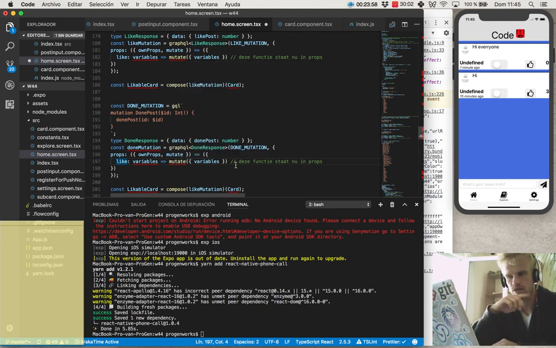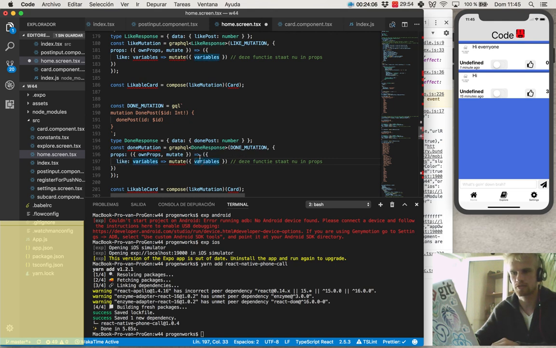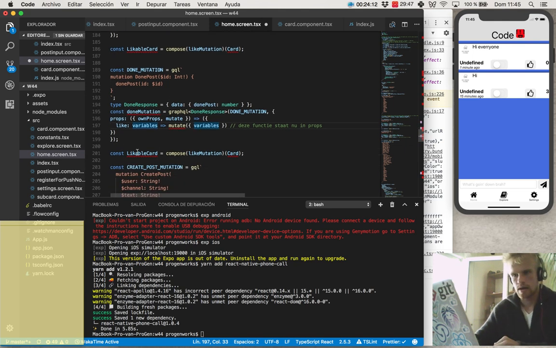Then we'll just call the variables. It will call mutate with the variables, and the variables are in this case just the ID. And then we're gonna